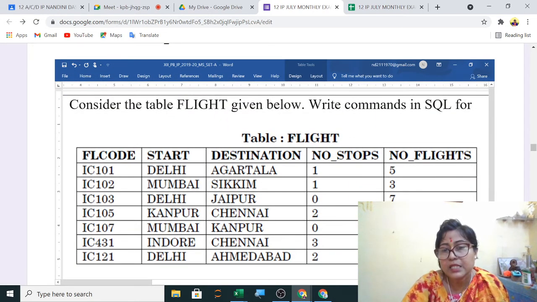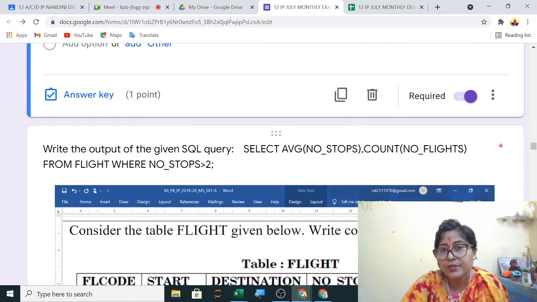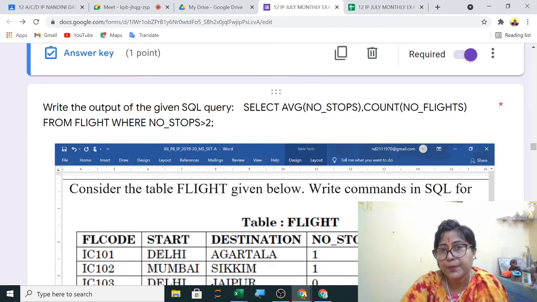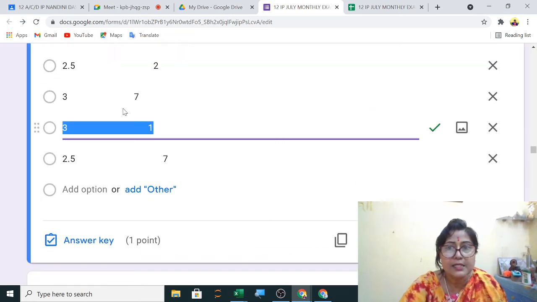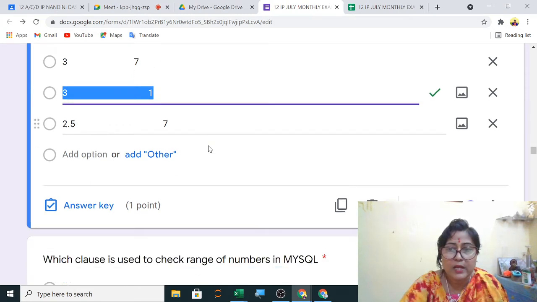Only one case matches, this Chennai case, and you have to display the average number of stops, so it will remain 3, and the count is only 1. So the number of stops has value 3, the average of 3 will be 3, and the count will be 1, so 3 comma 1 should be the answer. Let me see, C is the answer here. Yes, correct, C is the answer, 3 and 1.